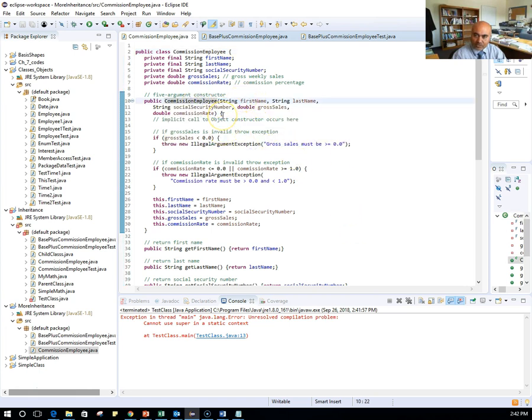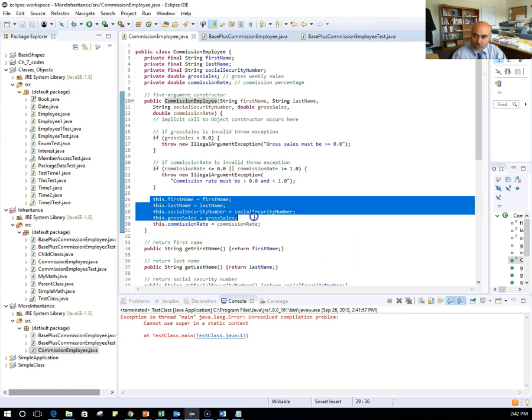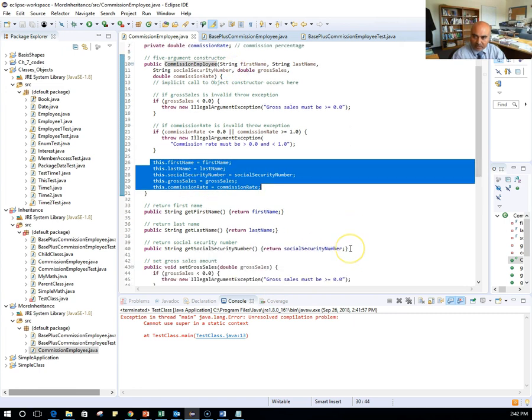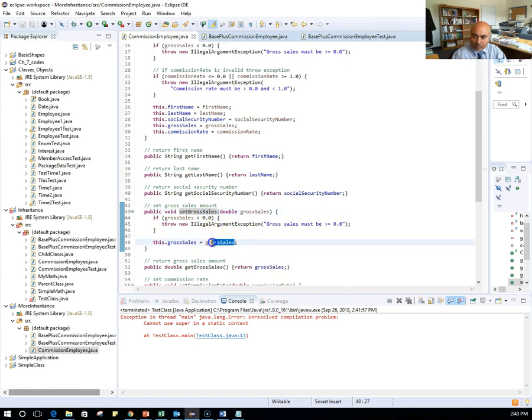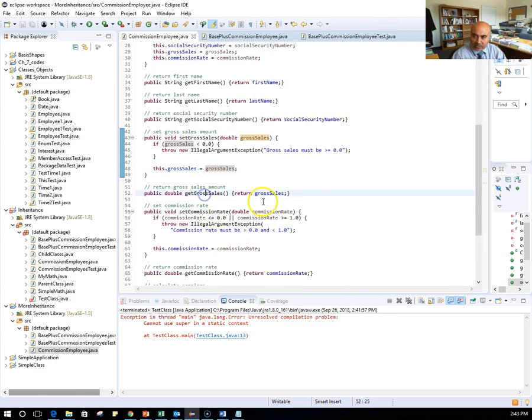This is where I pass all these parameters. This is where I check to make sure that the gross sales is not a negative value, the commission lies within this value, and then I associate everything that I catch through this constructor and assign from here. And then I have my get first name, last name, returning, and then get social security number. Setting the gross sales again cannot be negative, and then setting the value over here. And then I have my gross sales. I'm returning my gross sales, and this is my set commission rate, and this is trying to tell me again